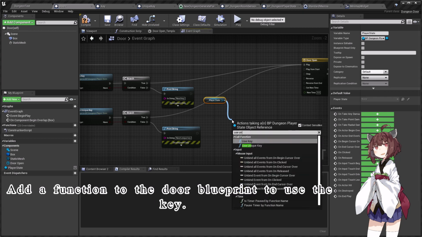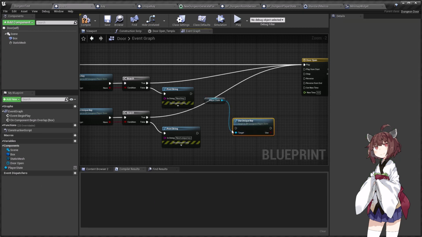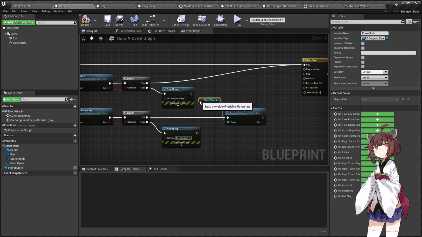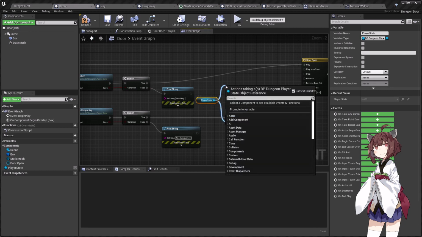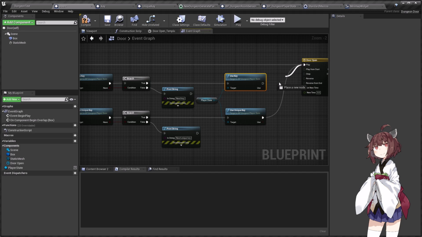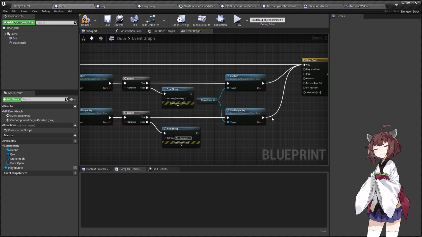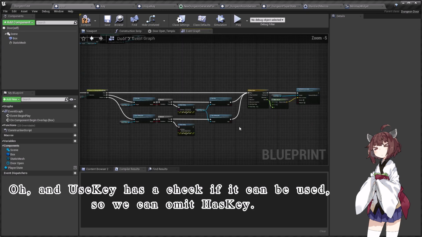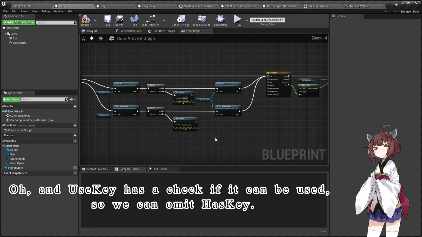Add a function to the door blueprint to use the key. Oh, and use key has a check if it can be used, so we can omit has key.